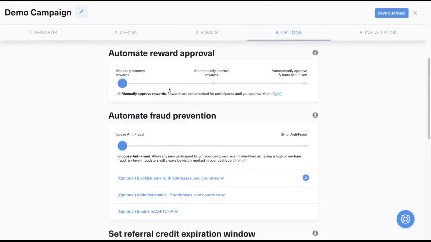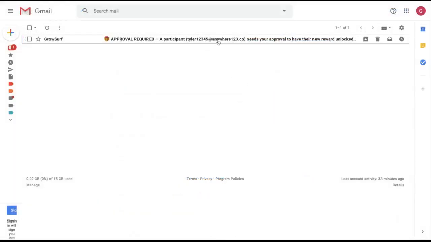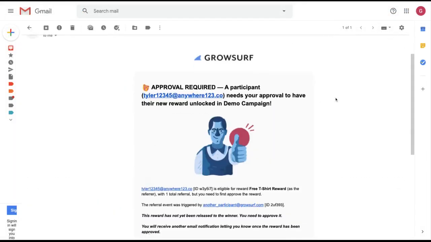The next suggestion is that you can set your reward automation level to manually approve rewards within the options step of the campaign editor. This will ensure that when a participant reaches a reward goal, it will not be unlocked for them until you manually approve their reward. You'll always receive an email notification letting you know when you have a reward to approve,